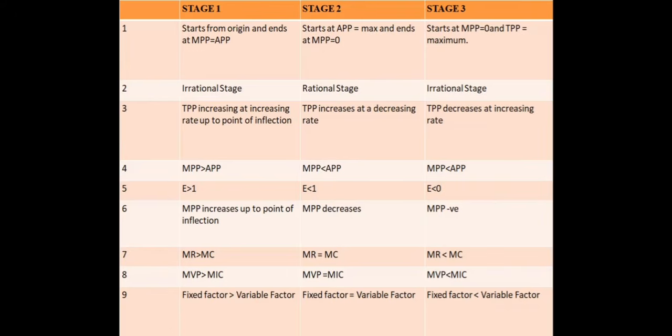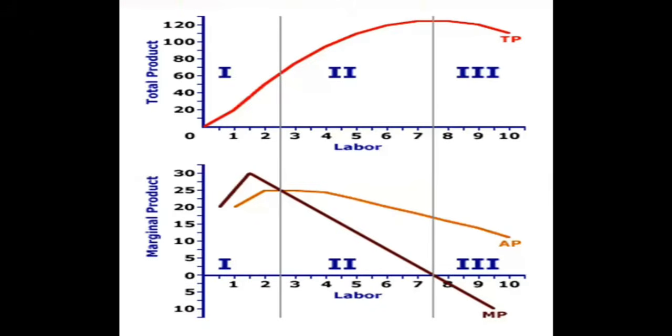And the table is interpreted here in graph form. If you can just remember this graph, you can answer any question from this. Every answer to any type of question in production economics related to the 3 stages of production, if you can remember this one graph, you can solve. Suppose you take total product, marginal product, and average product on the y-axis and labor on the x-axis. This is your stage 1, 2 and 3. This is your total product, this is marginal product, and this is your average product.